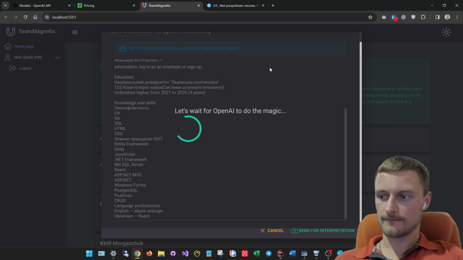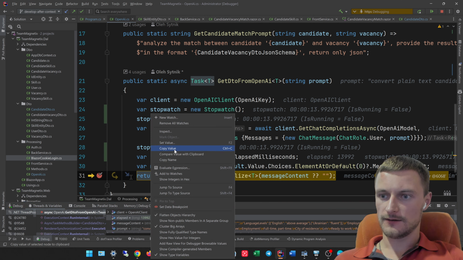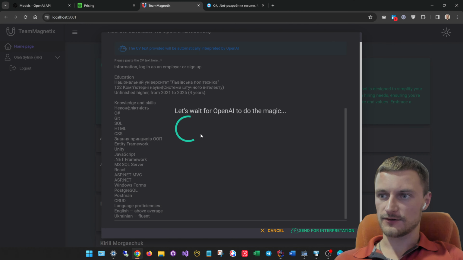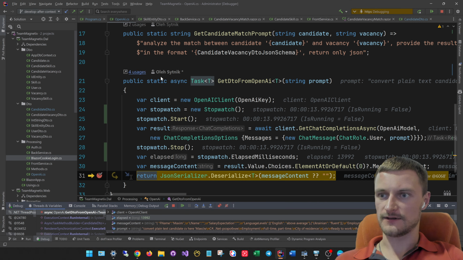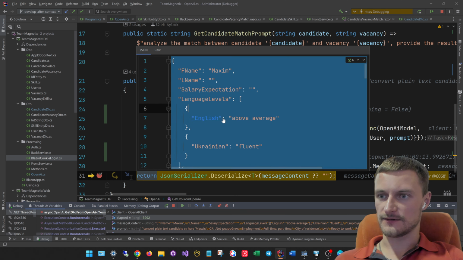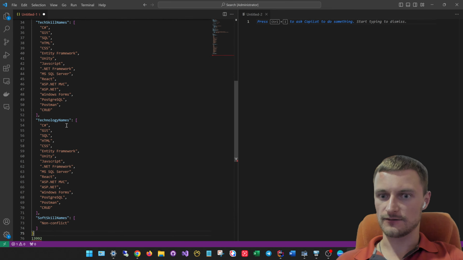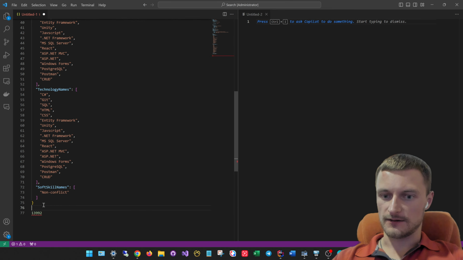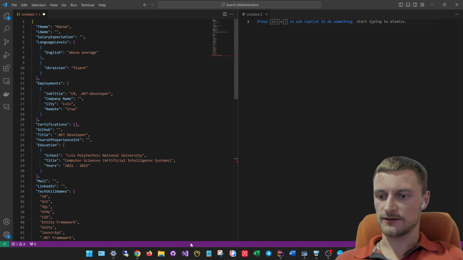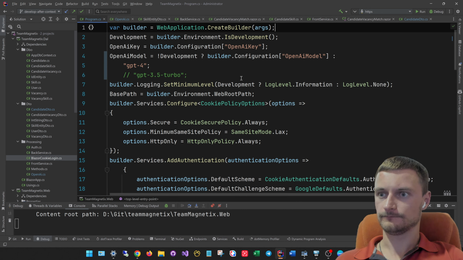So yeah, what have we got? First of all we have the elapsed time. So let's copy this value, and here we will have the result of ChatGPT 4, and next let's look at the result. So the result is probably pretty good, so let's paste it here. Okay, and here we have the timing. Okay, and next let's restart our application with